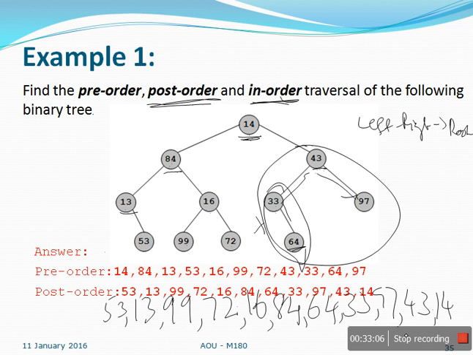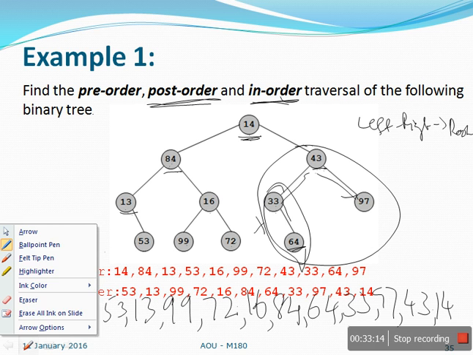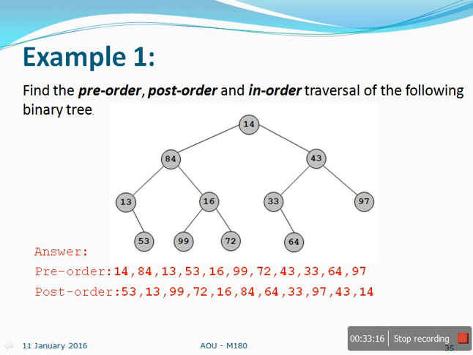You see 53, 13, 99, 72, 16, 84, 64, 33, 97, 43 and 14. Now let us do the in-order. In-order says that left, root and then right. So left for this is 84. 84 is again a root, has a left 13. 13 does not have